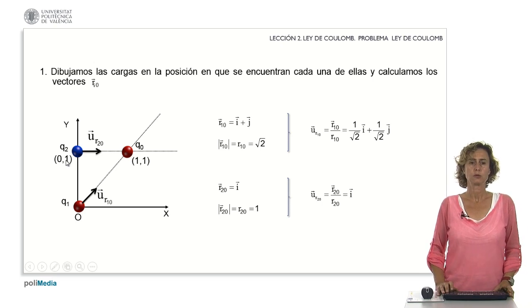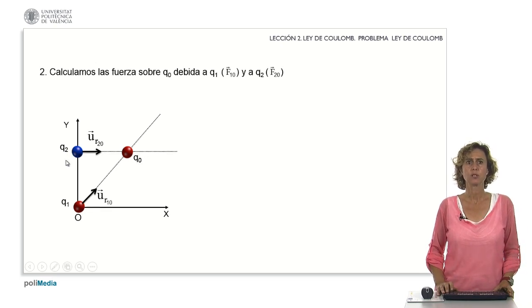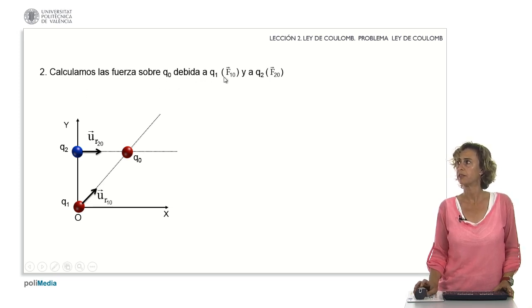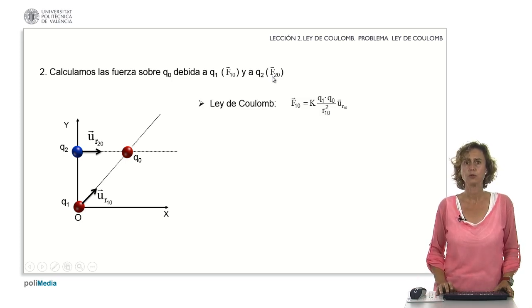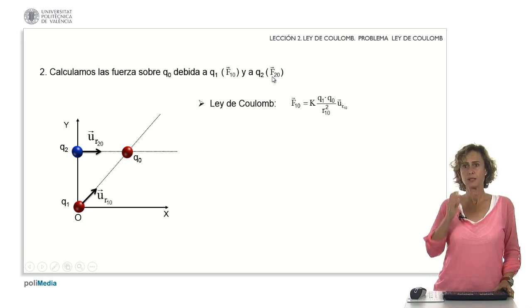We draw it also and go on to calculate the forces on Q sub 0 due to the existence of Q sub 1, that is F sub 1 sub 0, and to the existence of Q sub 2, F sub 2 sub 0. We are going to calculate it as if the other one were not there. Then the first thing we do is take into account Coulomb's law, express Coulomb's law for that charge, and therefore